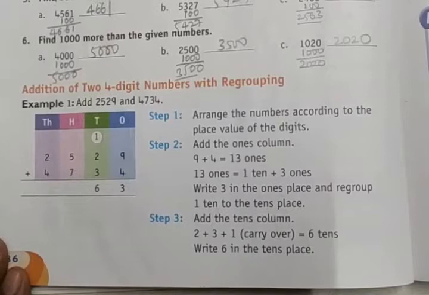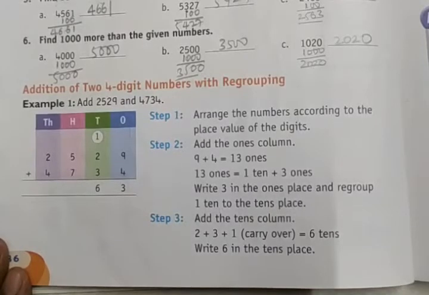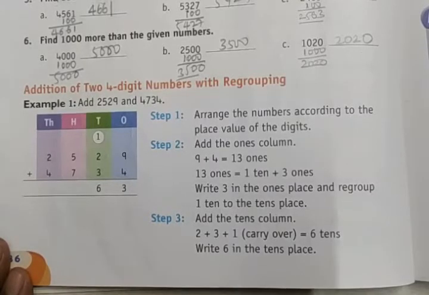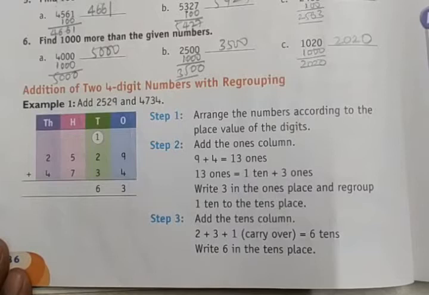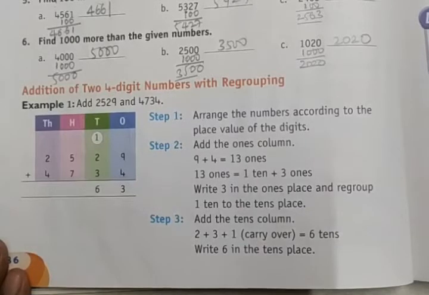Today I am going to take class on grade 3, that is class 3, the mathematics unit number 2, that is addition. In the previous session I had explained to you about these additions up to 2.3 exercises. Addition of a 4 digit number with a 4 digit number without regrouping I had explained. And today let me explain the addition of two 4 digit numbers with regrouping.